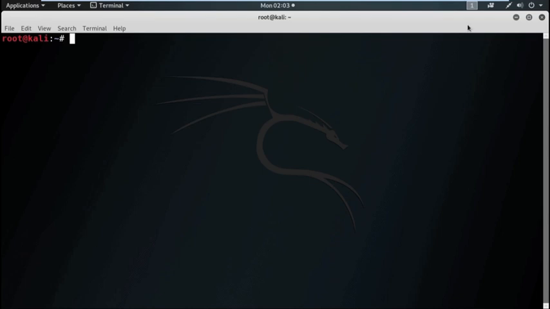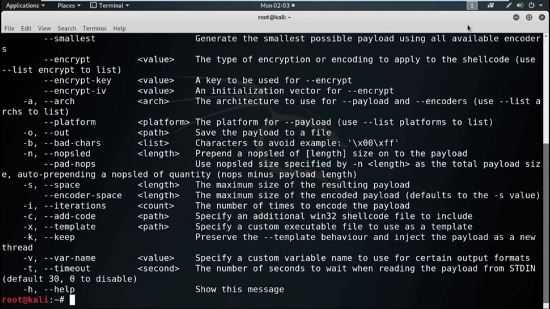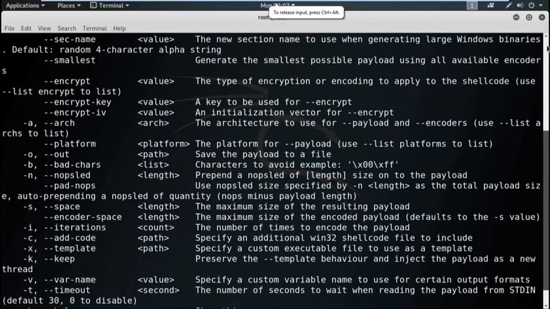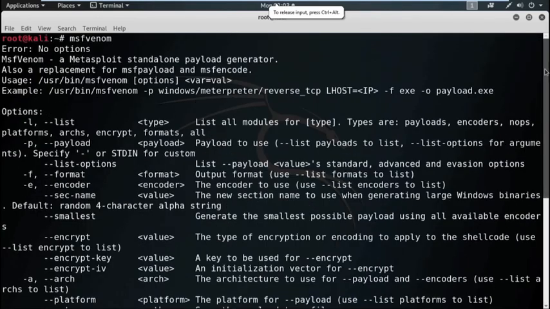So, run MSF Venom without any argument, and you will get a list of how to use it. So, let us check MSF Venom. See, the help is here and you can check how to use MSF Venom. To check the list of all payloads, we can use the command msfvenom -l.